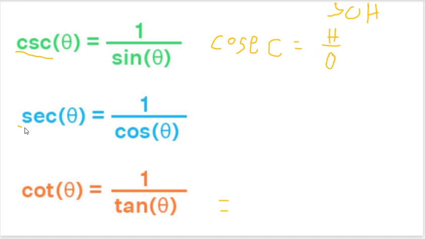Now, when you're dealing with sec, it's 1 over cos theta. Remember in SOHCAHTOA it was CAH, adjacent over hypotenuse. With sec, we switch it around by saying hypotenuse over adjacent. Now, when you're dealing with cot, which is 1 over tangent,